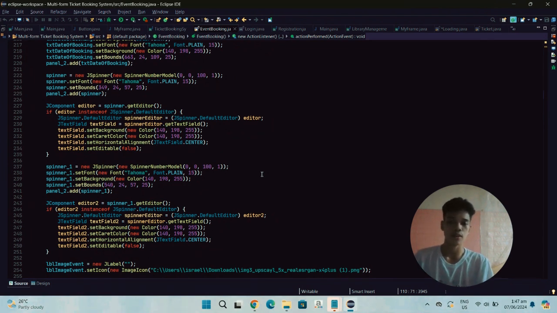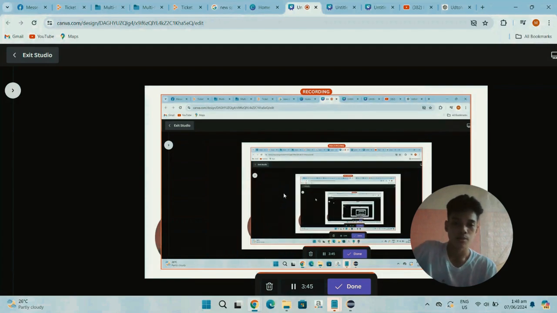It initialized various components, including panels, buttons, labels, combo boxes, spinners, and arrays for seat availability. The constructor sets up the main window. It sets up the main window.